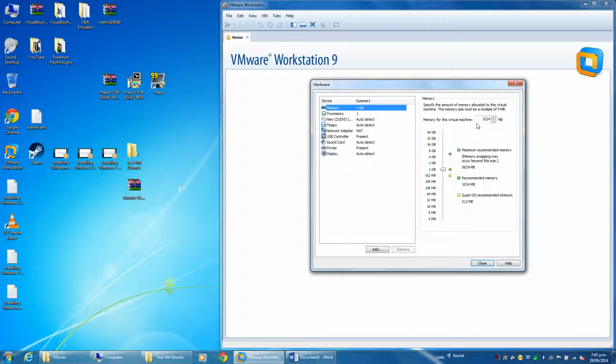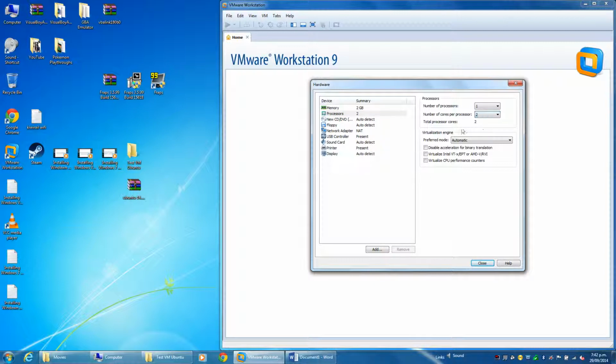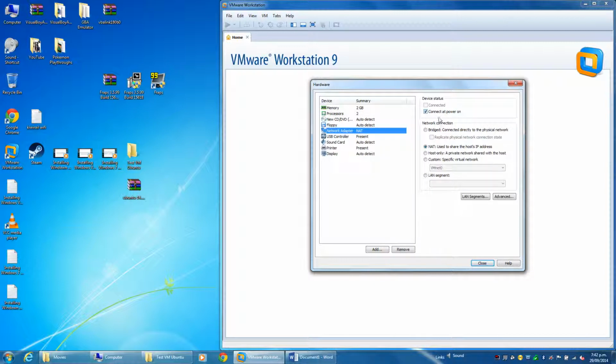Customize hardware. I want to give it 2 gigs of RAM. I have more than enough to spare. I'm going to give it 2 cores per processor. Leave the network adapter selected as NAT, so that way your guest can use your host's IP address via NAT